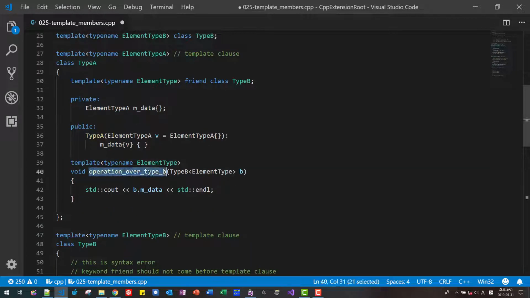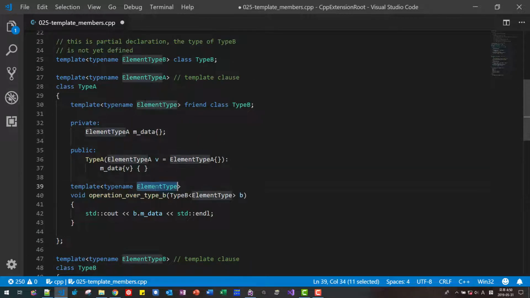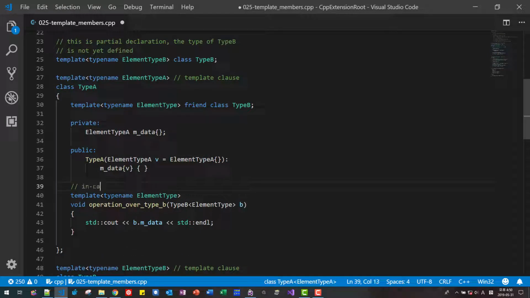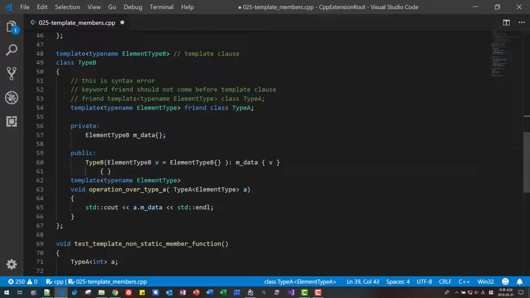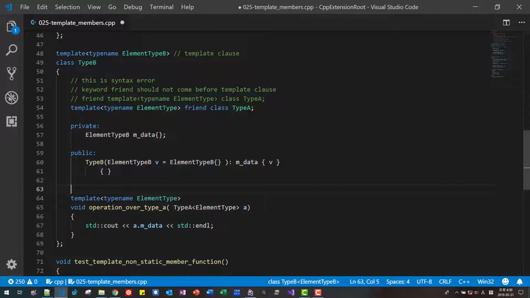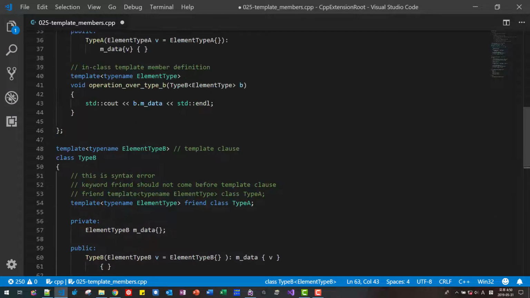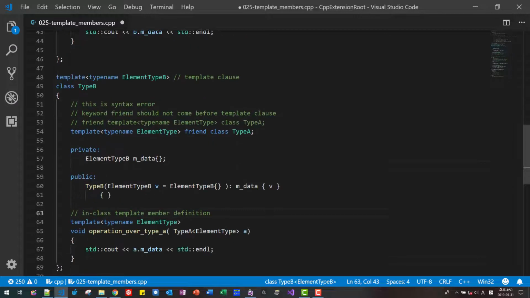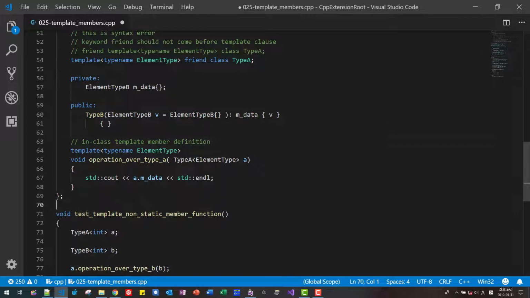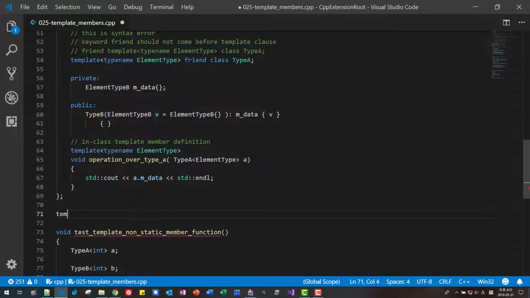Now this is template member function. Because this template parameter is different, this is called in class template member definition. Okay. Also in this case, in class template member definition. Okay. In some complicated situation, for example, I defined some type template,